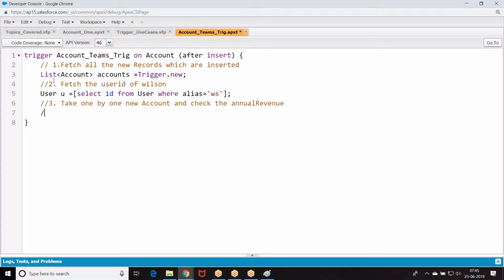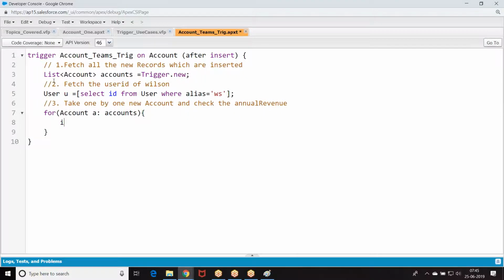Now how do you take it? For account A in accounts, if A dot annual revenue is greater than 50 lakhs, what should I do? Create an account team. Create Wilson as a new account team member.